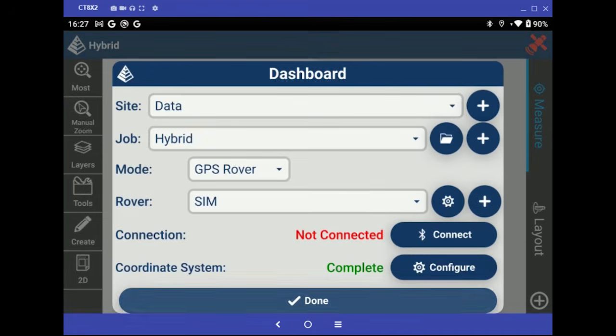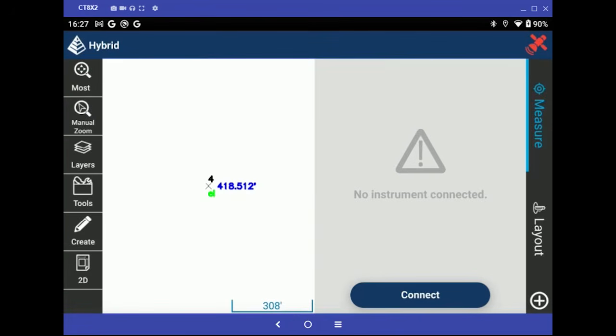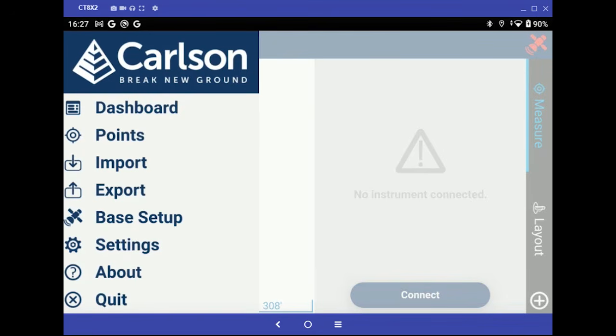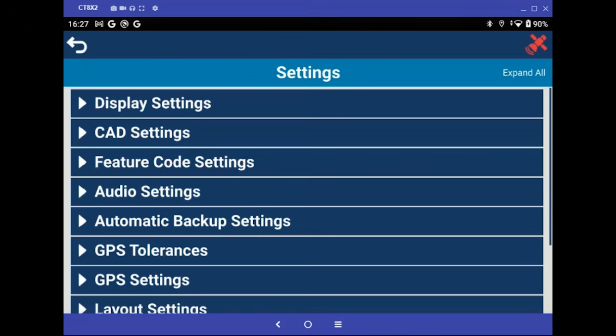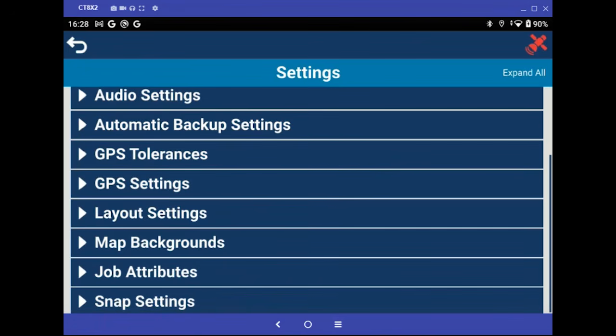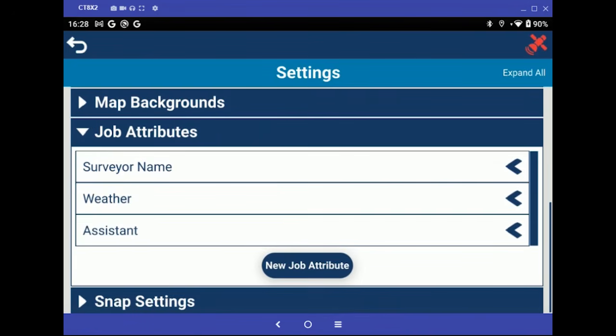And another new feature is job attributes. So if we go to the pyramid icon, and we go to settings, let's collapse everything. Down at the bottom, you'll see this option for job attributes. And here we can set up attributes that we want to be collected every time we start a new job. And then those, of course, will be included in any reports or exports that we do. So some people need to set up job attributes. Point attributes were already supported. You can see here that I've got surveyor name, weather, and assistant in here as my job attributes,